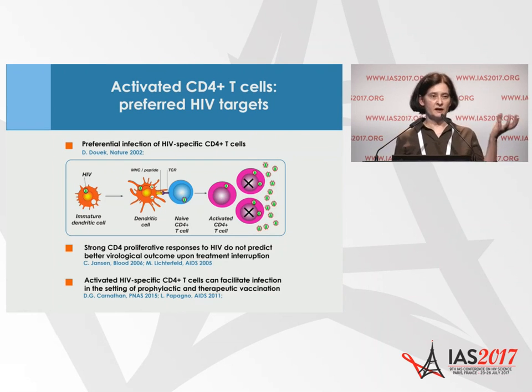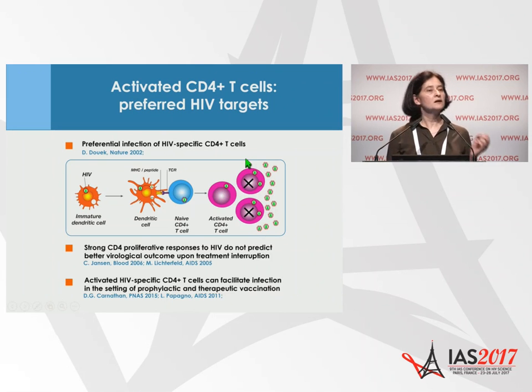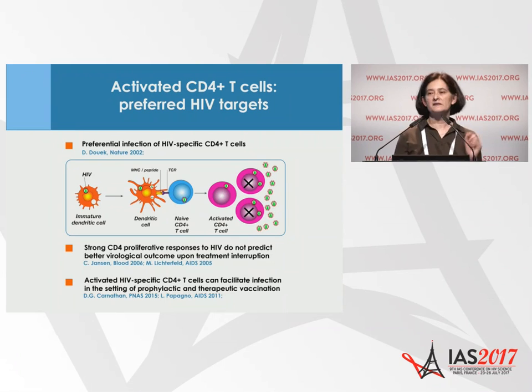dendritic cells, which capture HIV and present HIV antigens through MHC class II, have seen the virus and are thus more likely to be infected. So upon formation of the immunological synapse with an HIV-specific CD4 T-cell, the virus is more likely to be transmitted. And then, upon activation through TCR signaling, there will be massive replication of the virus and depletion of the very cells that are supposed to orchestrate the anti-HIV immune response.